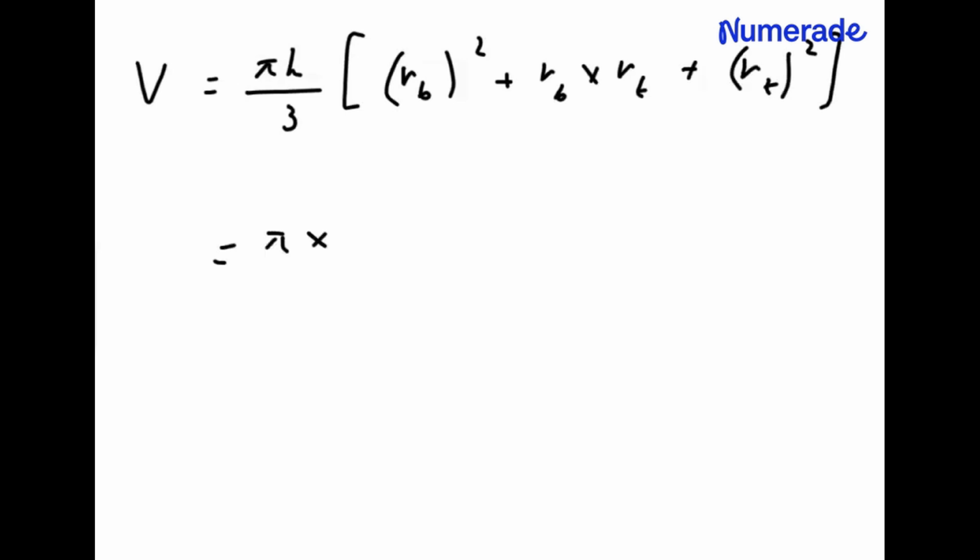So pi times h, where h is the height, that is given to be 8 feet. Divide this by 3. And what is the radius of the base? Well, the diameter of the base is 4 feet, so the radius is half of 4, that's